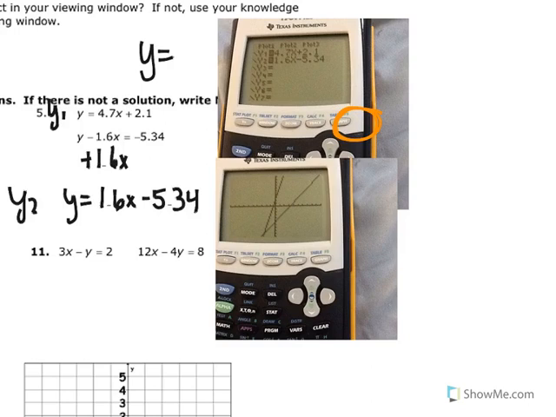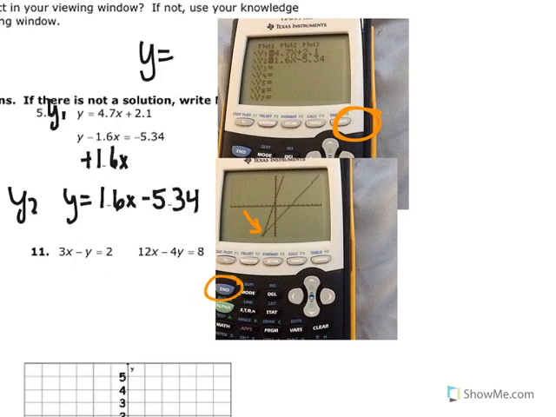And when you hit graph, you can just barely see the intersection point of the line. Now, if you left your calculator in zoom out mode, yours might look a little differently than mine. Yours might be squeezed in a little more, and you can see your intersection a little bit higher up. But I can see the intersection point, so as long as you can see that, now you can use the